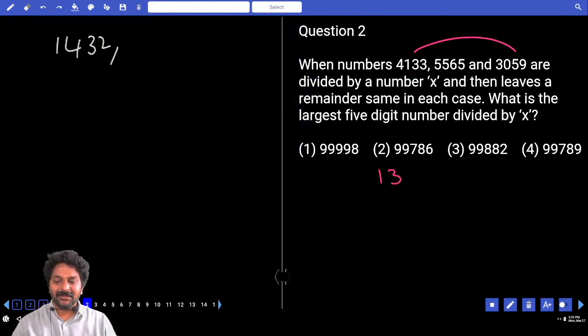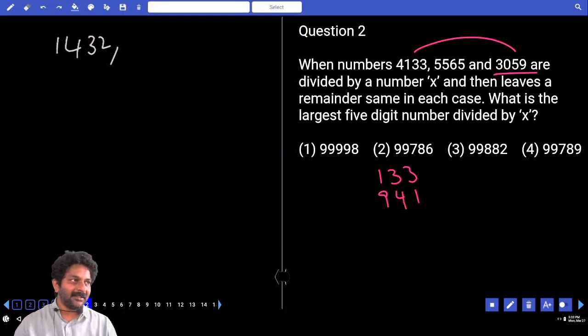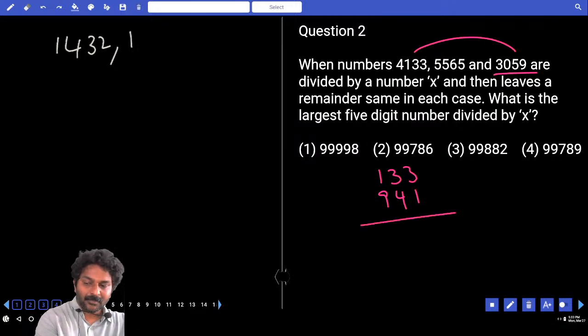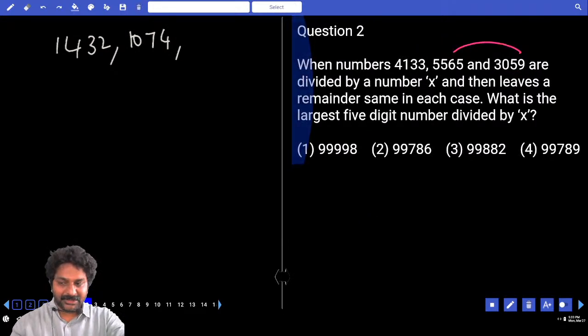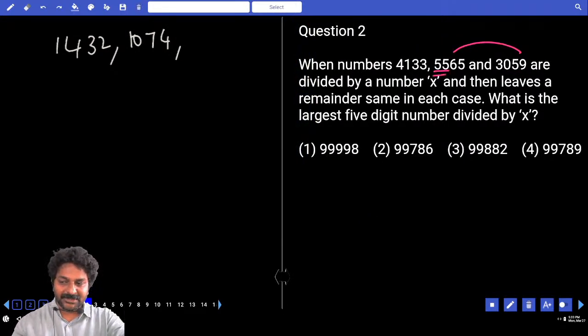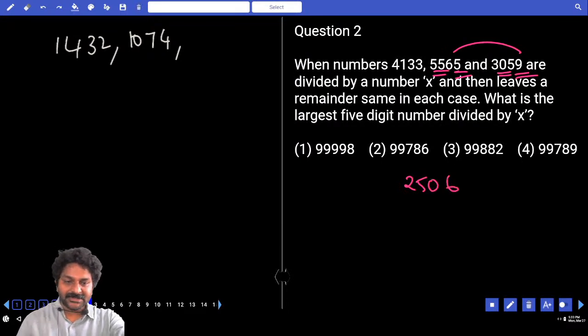The first number is 133 more than 4000 and the third number is 941 less than 4000. Sum of both the numbers is 1074. Now take the difference between these 2 numbers. First 2 numbers: 55 minus 30, 25. 65 minus 59, 06. That is